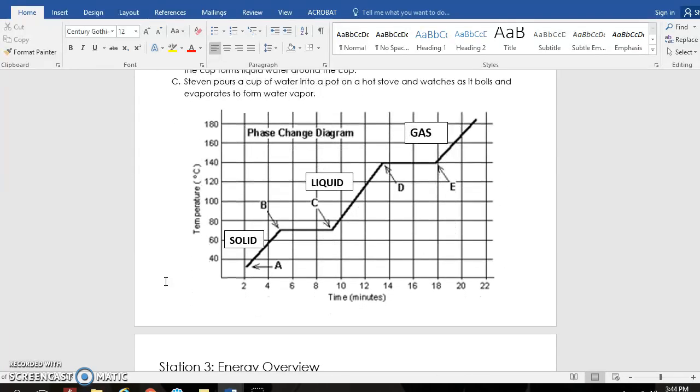All right. And then let's just identify the parts of the curve that aren't here. So they've got the solid, the liquid, and the gas, the three main slopes. Okay, but what happens here in the plateau? B to C, we have freezing and melting occur. So if you see questions that say, what happens at the same time as melting? Well, your answer would be freezing, because it just depends. Are we moving to the right or moving to the left? But they both happen at this point. Then from a liquid to a gas or a gas to a liquid, we would have vaporization, which is boiling and evaporation, and condensation. So we've got to think about which direction we are going. As we go to the right, we add KE. As we go to the left, we remove KE.